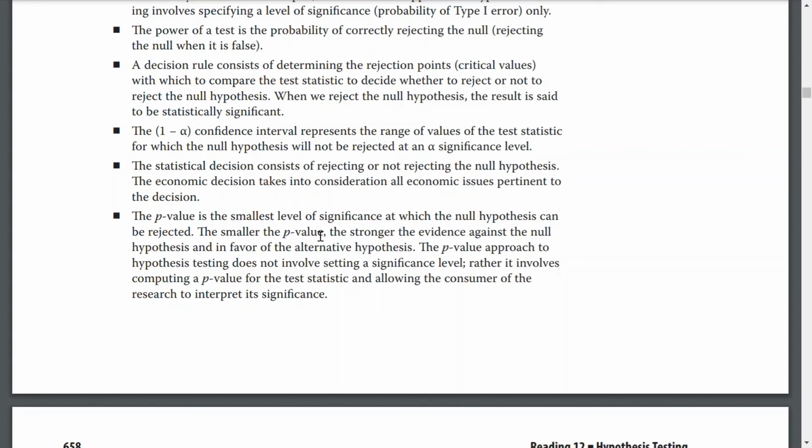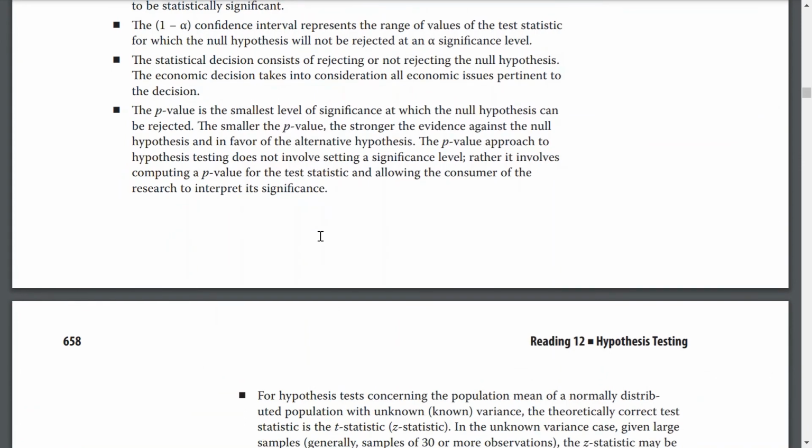The p-value is the smallest level of significance at which the null hypothesis can be rejected. The smaller the p-value, the stronger the evidence against the null hypothesis and in favor of the alternative hypothesis. The p-value approach to hypothesis testing does not involve setting a significance level. Rather, it involves computing the p-value for a test statistic and allowing the consumer of the research to interpret its